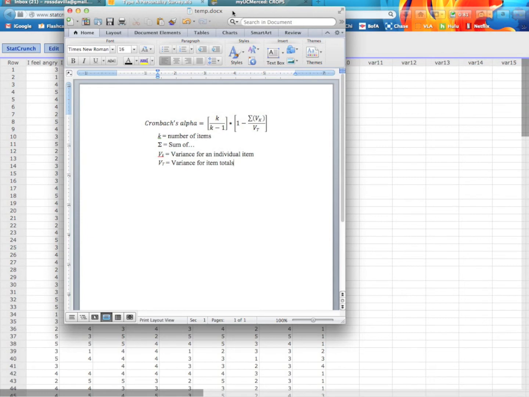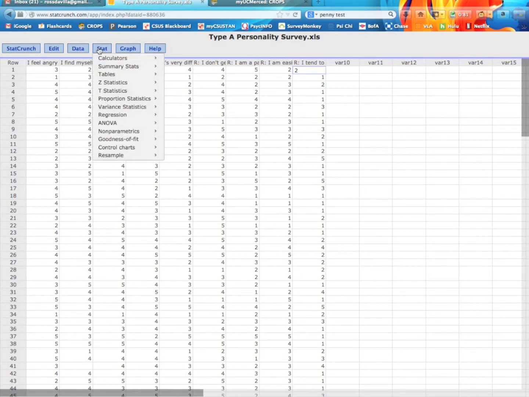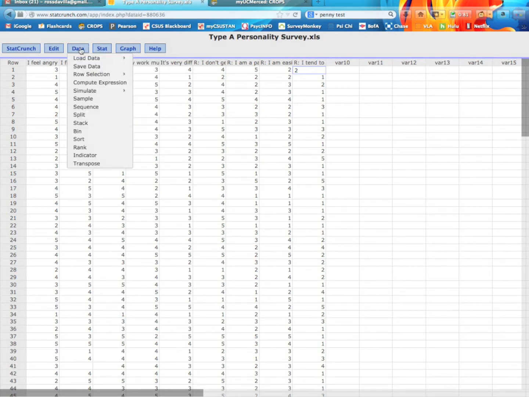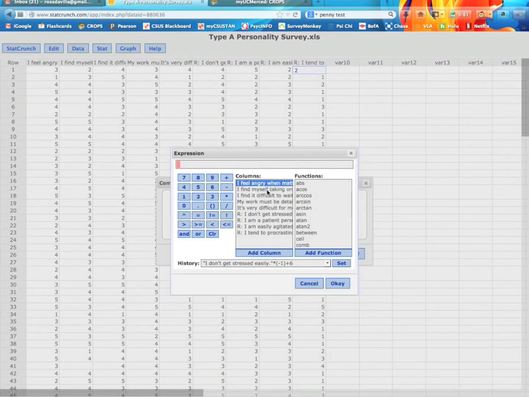So what we're going to first do is create this variable, because this is the only one we so far don't have in our data set: the variable that is the total of all the other variables. But again, that's pretty easy to do. Basically, it's just the sum of all of these. So we're going to go to Data, Compute Expression. I'm going to build this. And of course, it involves just adding up all the columns.